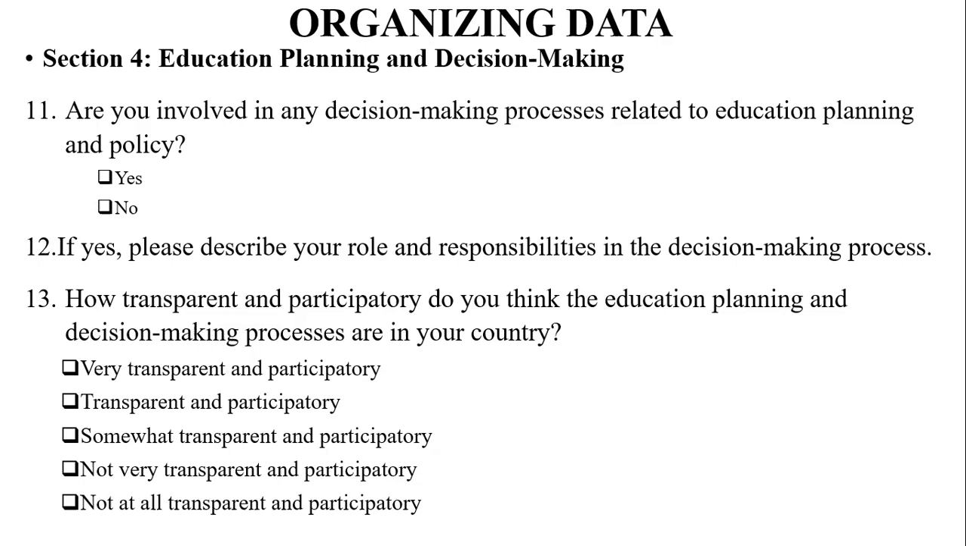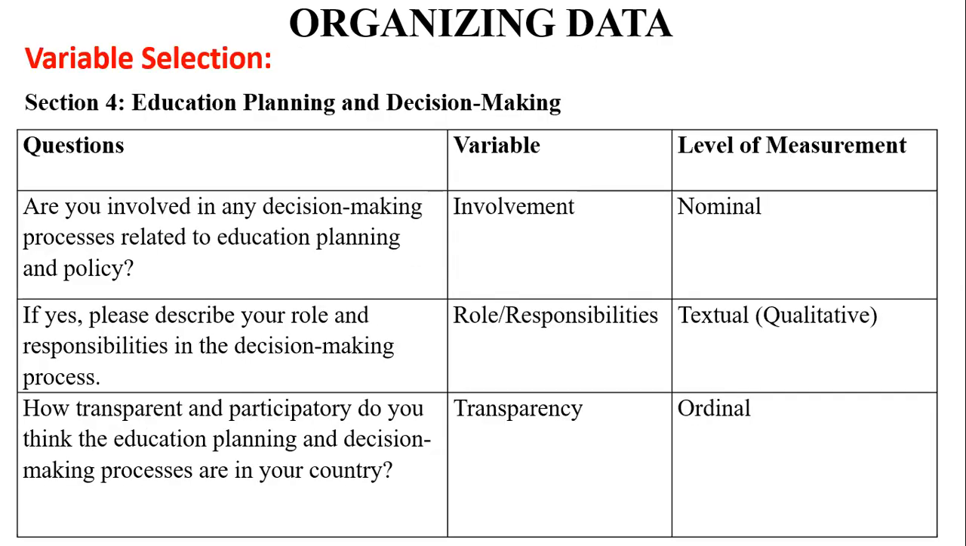Now, when it comes to identifying the variables in this section, the first question was asking the respondent if they are involved. The variable being measured here is involvement, and the level of measurement is nominal. And the other part, if yes, this one will be textual, the role and the responsibility. The level of measurement will be neither nominal, ordinal, interval, nor ratio, but it will be textual because we will not be looking at a particular